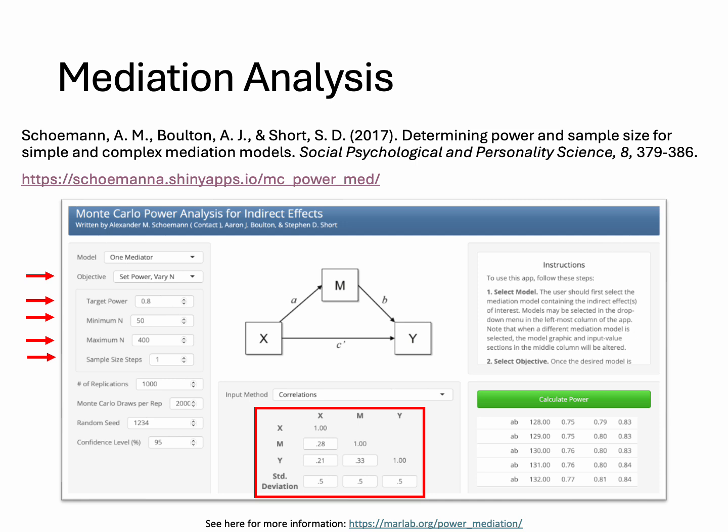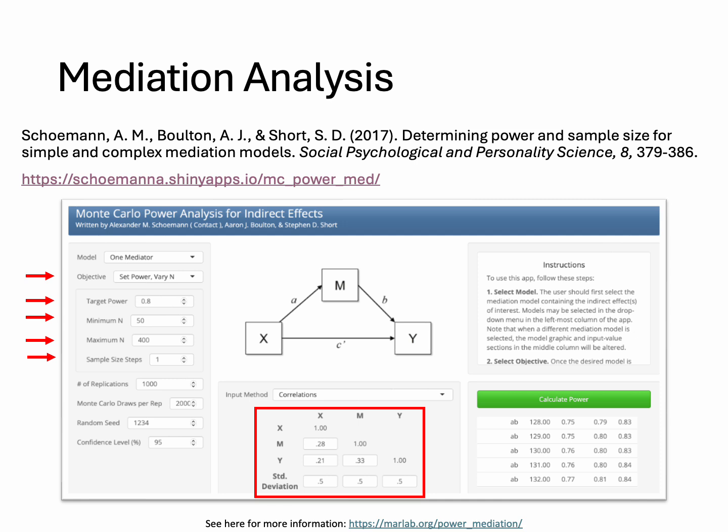In this red box here, you then need to insert estimates for the relations between all variables, which we can get from, again, meta-analyses, earlier studies, a pilot study, or which we can guess based on small, moderate, or large effect size guidelines. I included random values here now, 0.28, 0.21, and 0.33. The standard deviation can be set to 0.5 or 1. This actually does not change the results of the power analysis a lot, so keep it at 0.5 or 1, it doesn't really matter. We can then calculate power to run the power analysis,